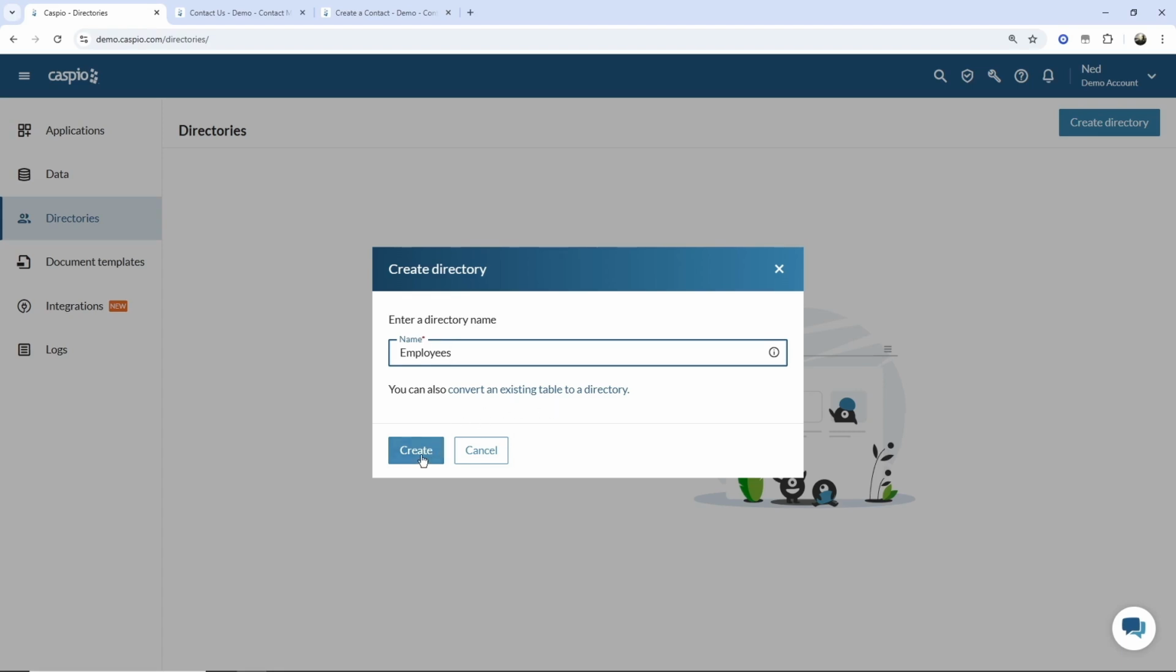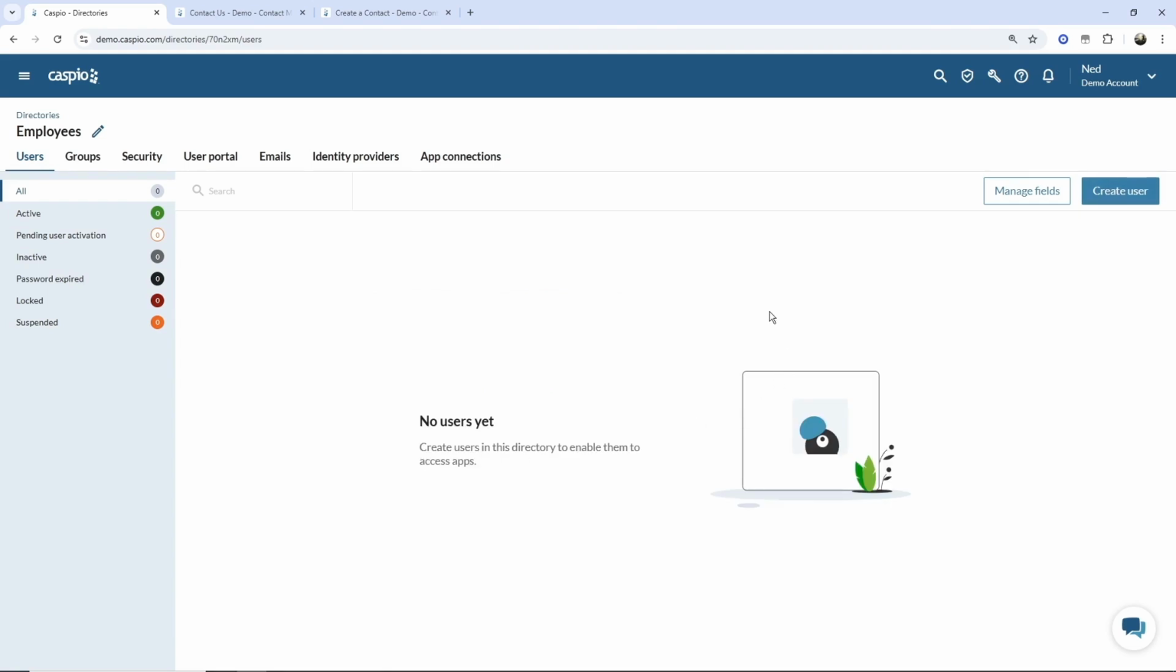I'm going to create my directory from scratch. And as you can see, it's an empty directory. There are no employees listed just yet. Up here at the top, you're going to be able to see a few tabs. Inside our knowledge base, we have a lot of articles and videos that explain each tab, but just to quickly summarize,